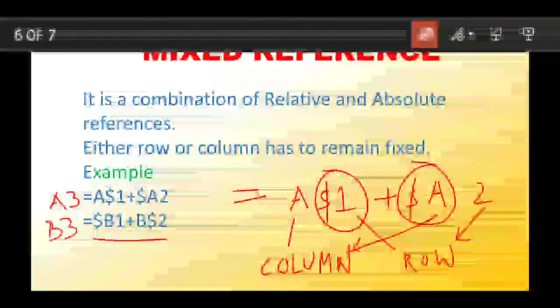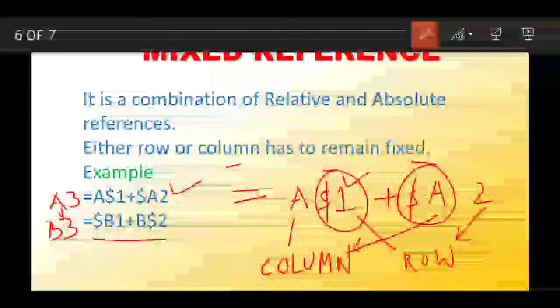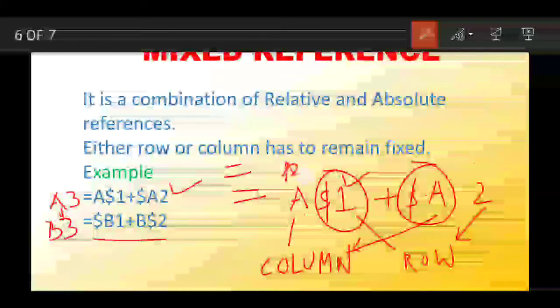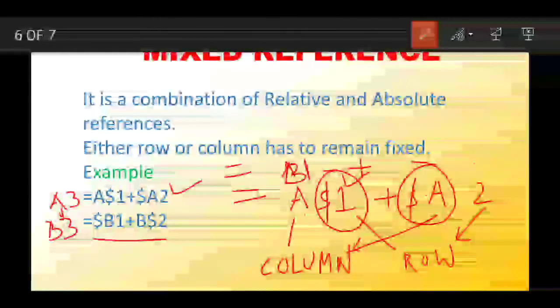Here the value A can change, meaning A can become B, but 1 cannot become 2. So after copying it, this value will become B1, and this value will become A3.